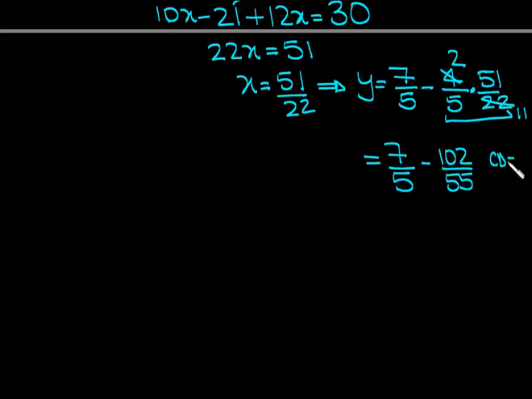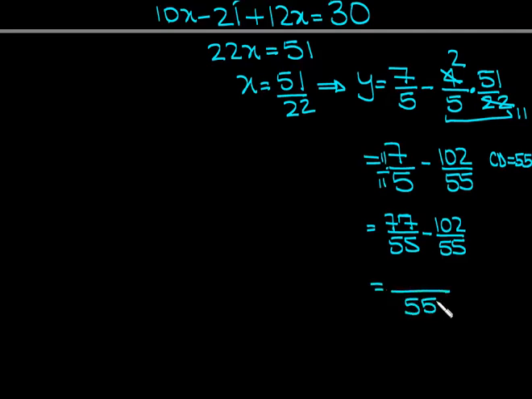My common denominator here is 55, so I multiplied this by 11 and by 11. So I get 77 over 55 minus 102 over 55. Since they have the same denominator, I can add the numerators, correct? So if you do that, we get